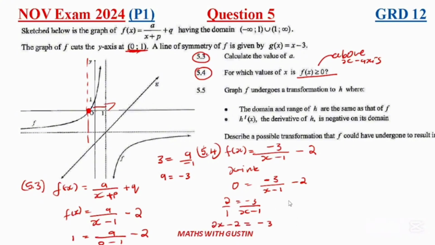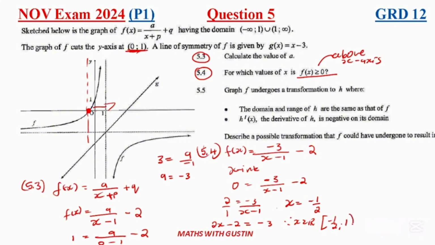Ultimately you solve for x there. Okay, you solve for x there, then you would realize that x is equal to negative half. So therefore, to answer this question, you are going to say, therefore, what do we have there? We are going to have x is an element of all real numbers starting from negative half going all the way to